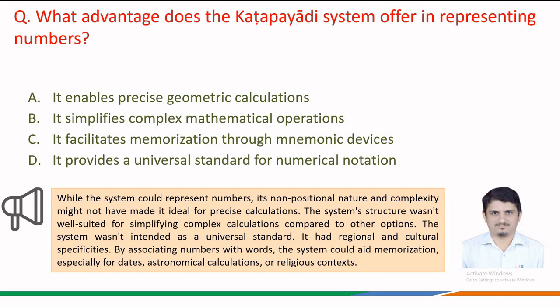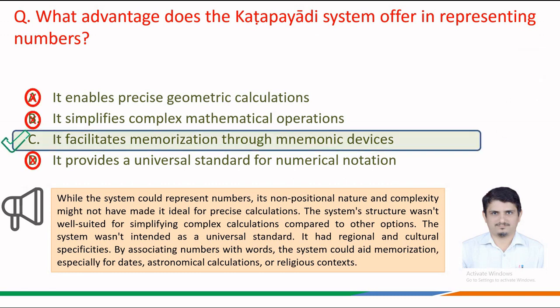It had regional and cultural specifications. By associating numbers with words, the system could aid memorization, especially for dates, astronomical calculations, or religious contexts. With this information, the correct answer of this question is, it facilitates memorization through mnemonic devices